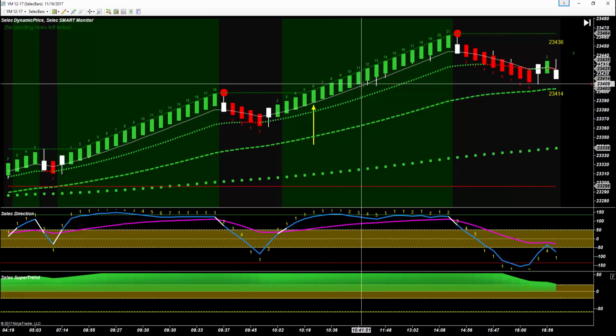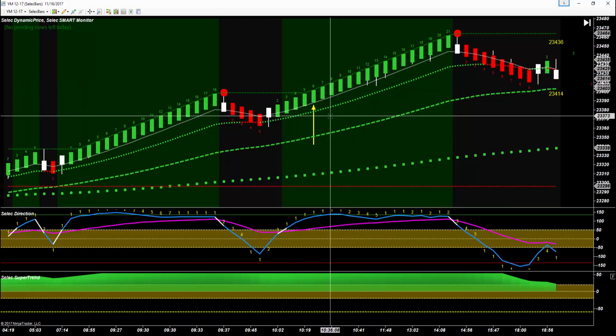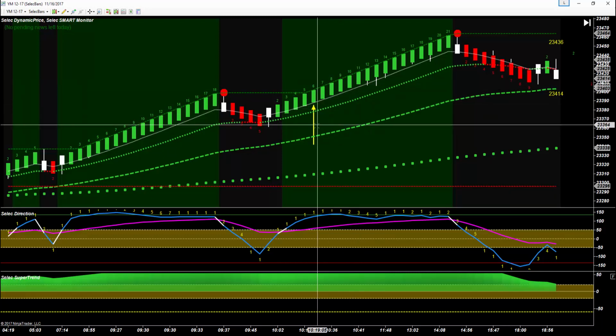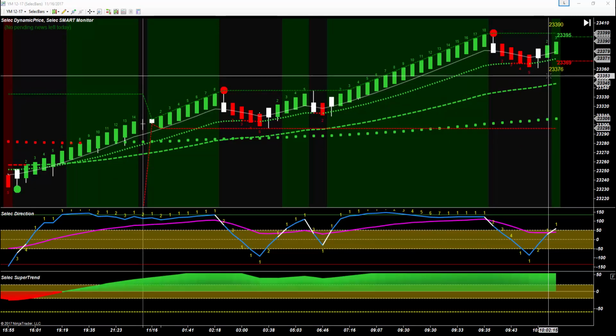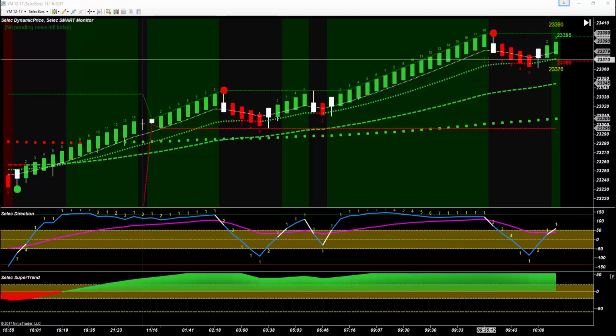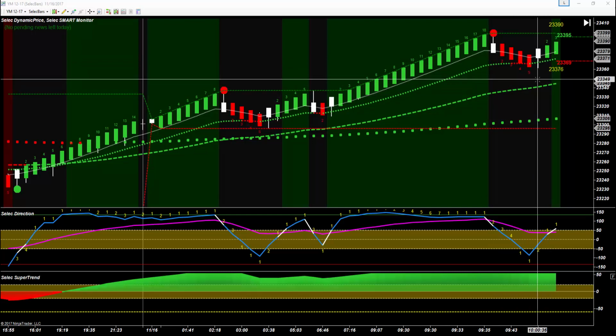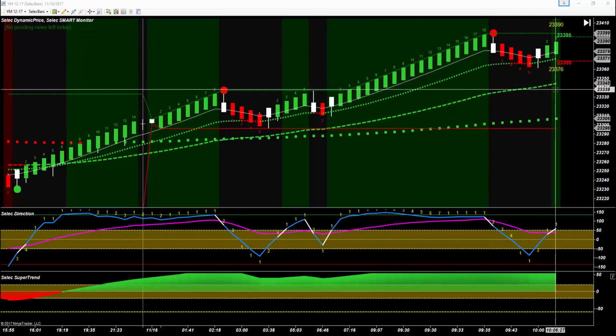Now let's take a look at the same setup as it's setting up so we can learn how to anticipate it ahead of time. All right, so I can see that I did not have an entry on this turn bar. The market reversed a little too long for me to hop back in at the start of another trend, but I am heading close to the high of the day. So I want to take note, and I see that my high of the day is currently 23,399. So this lets me plan ahead. I know my entry will be one tick above that. So that will be